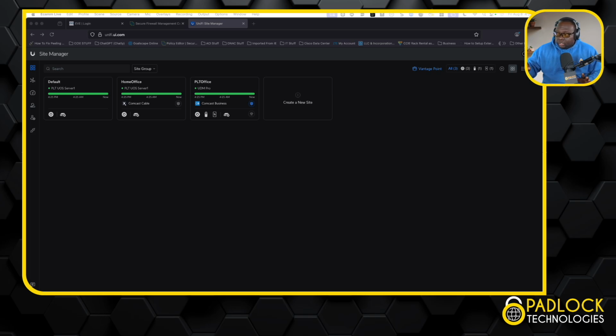So here we're going to look at it. I have two sites, home office and other office. You can only do this in the Site Manager side. If you try to do this within the sites, it's just a generic site-to-site VPN, and you don't want that. So what we're going to do is Site Magic, which is this little button right over here. When you hit that,